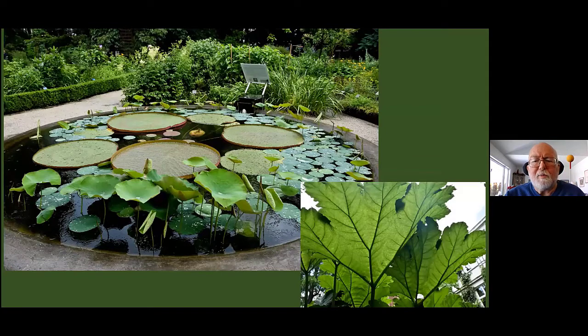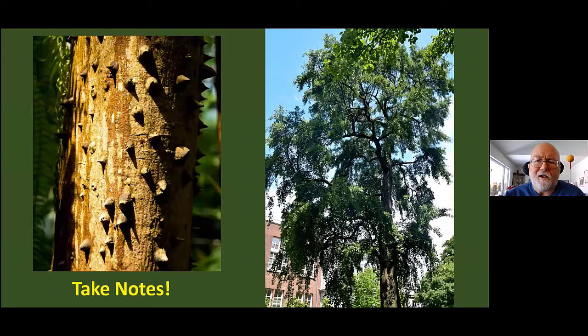Those large lily pads that we will come back to, Victoria Amazonica, and in the lower right, the leaves of Gunnera, which always fascinated me. They look like rhubarb, but they're tall enough for you to stand under. A very mature, large ginkgo tree on the right, and a tree that I don't remember the name of on the left. I thought about swapping that picture on the left out